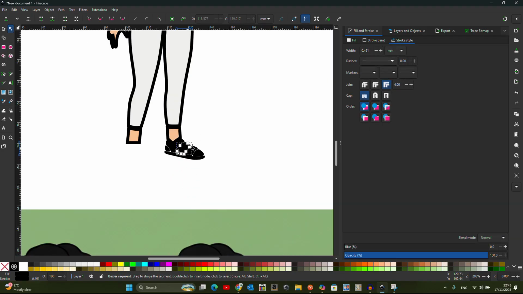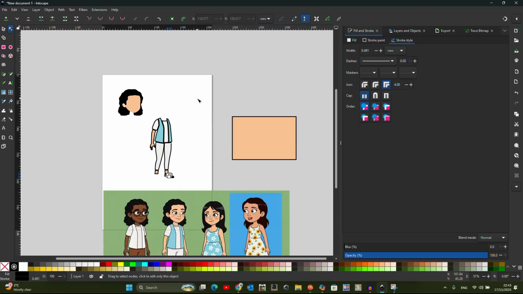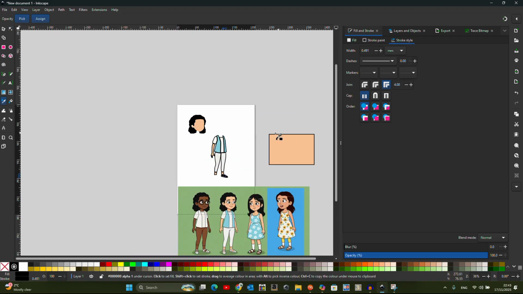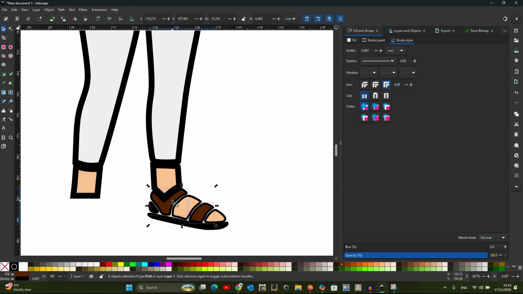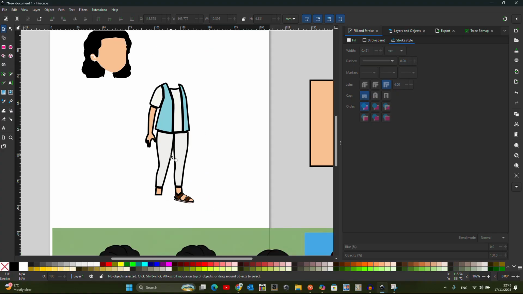Now change color of the shoe. Select this color. Okay, so